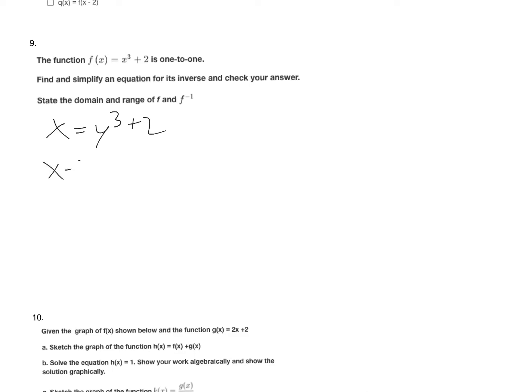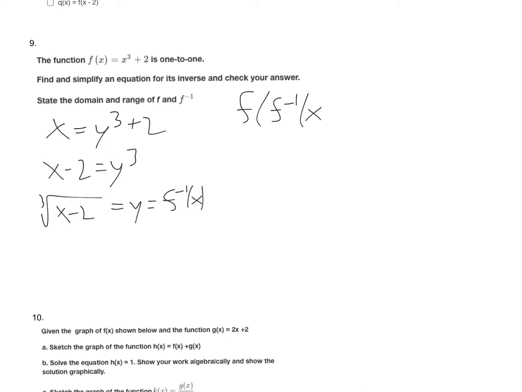So x minus 2 equals y cubed. Cube root of x minus 2 equals y. And that is f inverse of x. Now, to check my answer, one of the things that we talked about in class is that f of f inverse of x should always equal x, because when you switch the input and output and then you make that